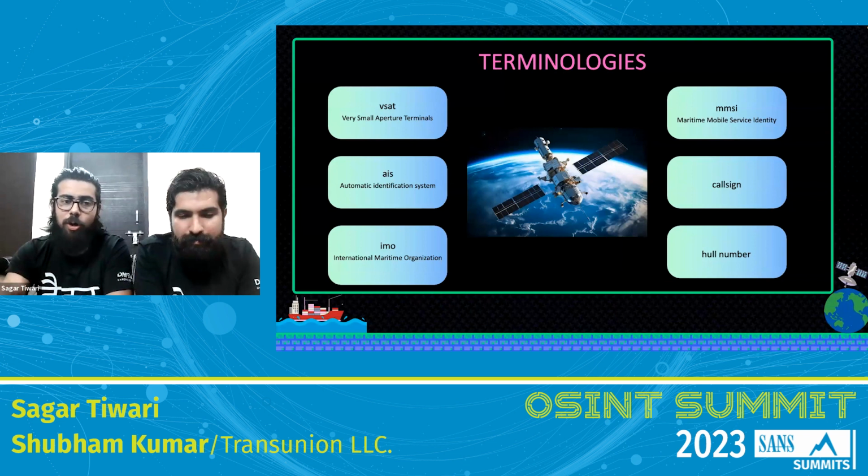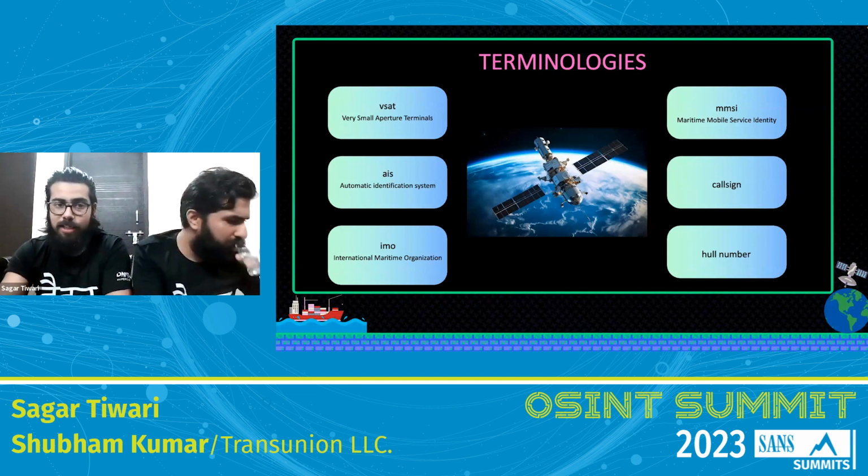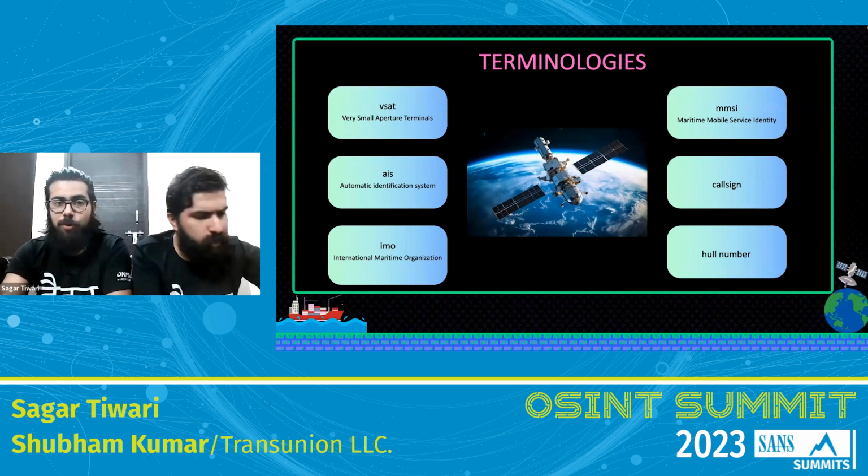Another is AIS, or automatic identification system. These transmit vital information like the ship's speed, position, direction, as well as other critical information via radio signals. AIS is basically a collision avoidance system that is also used for emergency purposes. If you are familiar with the ADS-B technology that is used for aircraft tracking, AIS works in more or less a similar manner. For identification purposes, the IMO number is there. The first 3 letters, IMO, stand for International Maritime Organization, followed by a 7-digit unique number.